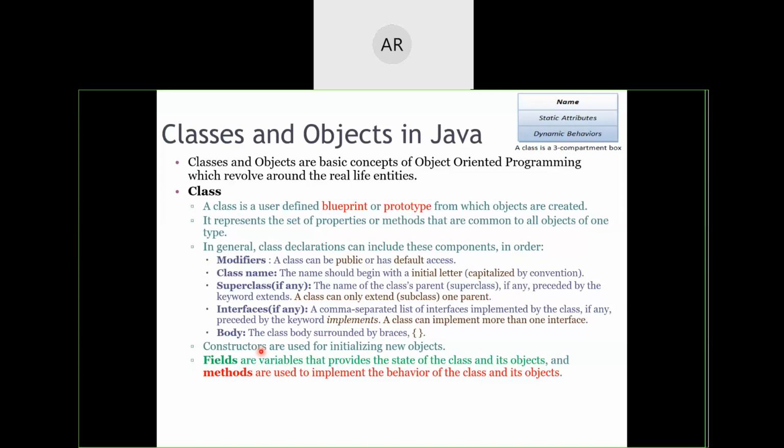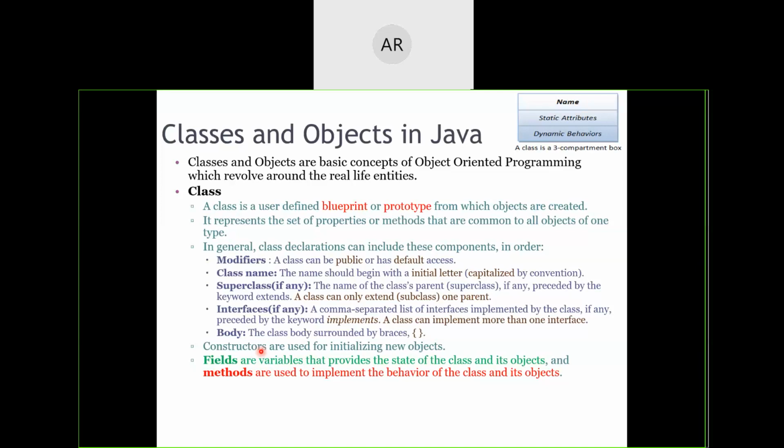But in Java, it is not like that. You have written the class. Now in the class definition, you have written int x. The Java compiler will not go for the RAM memory and say, give me 2 bytes of memory. No. When it is really required, it will go and allocate the memory. Okay. So when the object comes into existence, at that moment, that memory will be allocated, but not at the time of definition of the class.